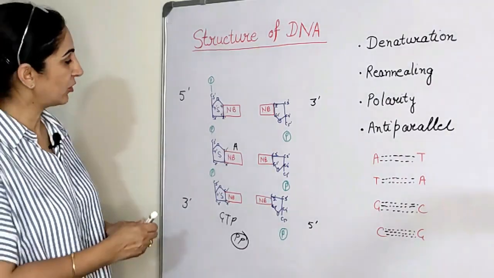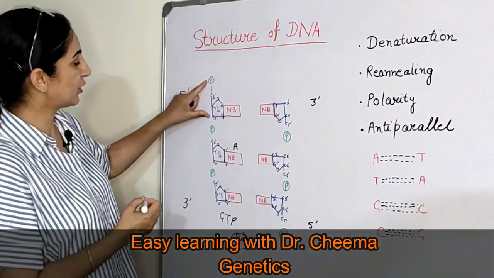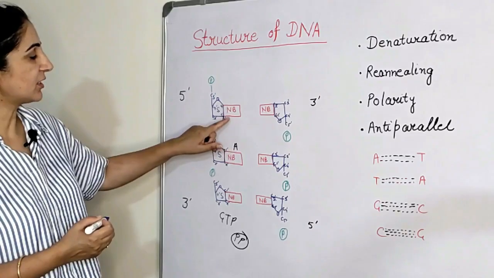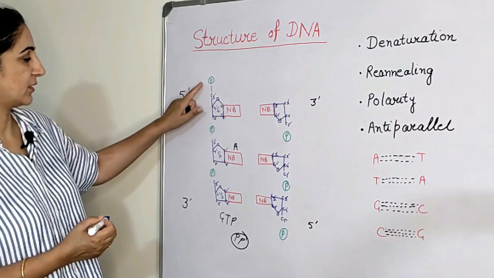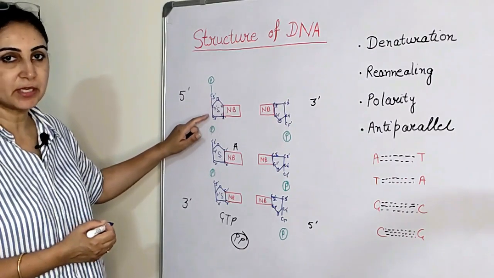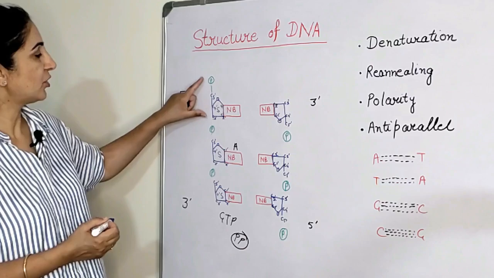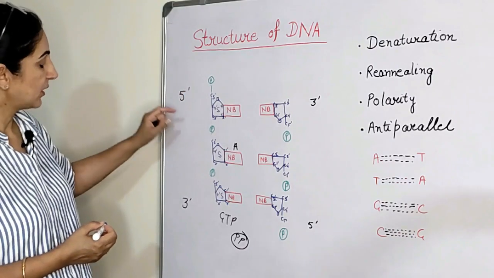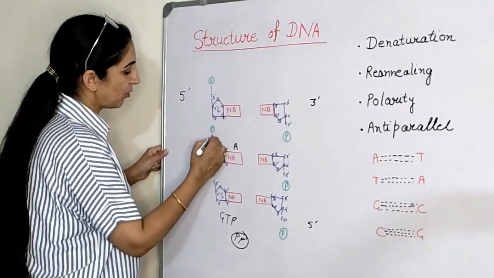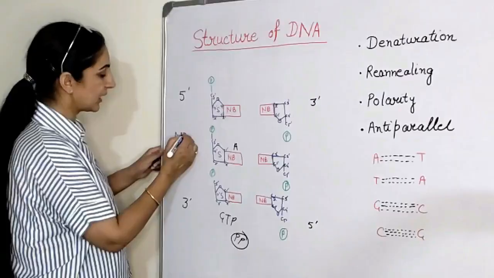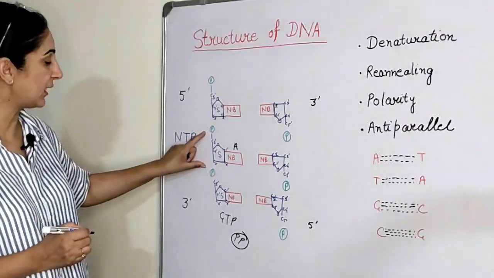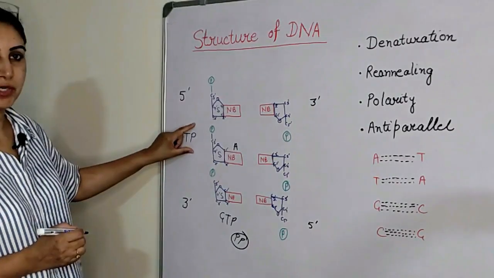Now these are our nucleotides. This is the first nucleotide, second, third and so forth. This is the nitrogenous base, sugar moiety and phosphorus. The phosphorus group is attached to carbon number 5' of the deoxyribose sugar. So it makes one nucleotide. When the next nucleotide comes, it comes in the form of nucleotide triphosphate. That is, the raw material for the formation of DNA is nucleotide triphosphate.